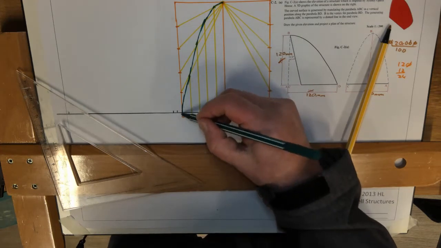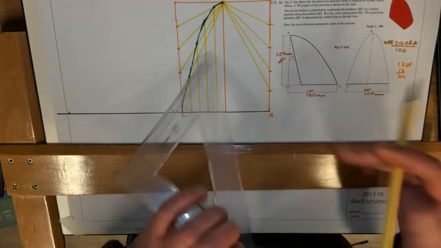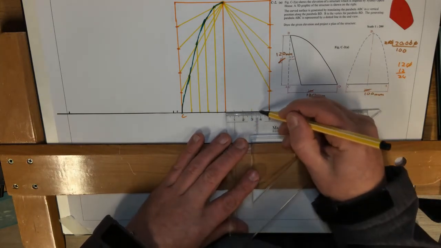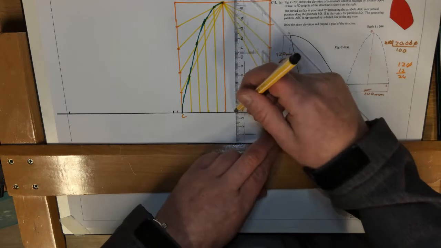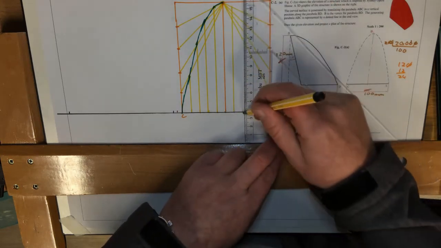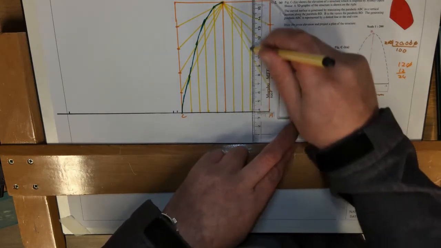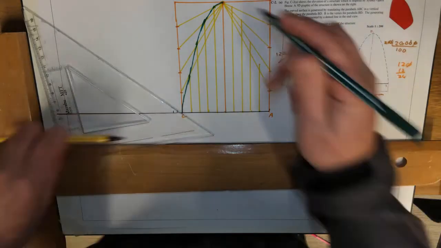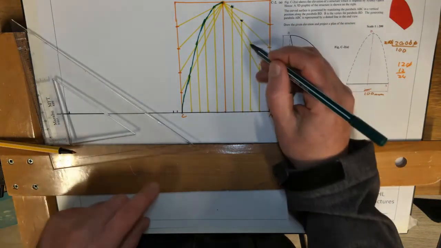So you could, as I said before, mirror this across, but I would usually just continue on with the method that I'm used to, because it's probably as quick. There's less setting of the compass. It's also probably slightly more accurate because you're less likely to accidentally use an incorrect point on the compass. So